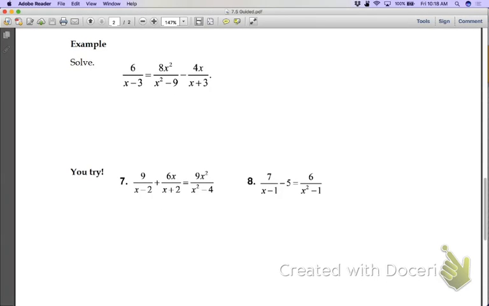Last type here is one where you're going to have all denominators that are different. The easiest thing for you to do here will be to get the denominators the same and then basically forget about the denominators. So if I would rewrite all of what's on top, where everything's factored out, then I have it equal to,